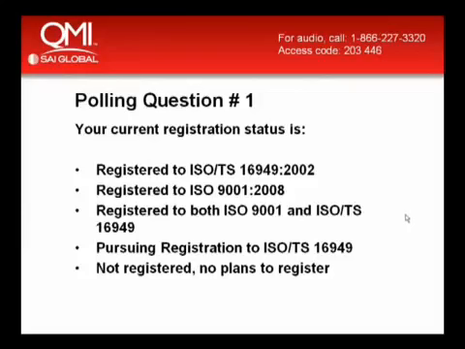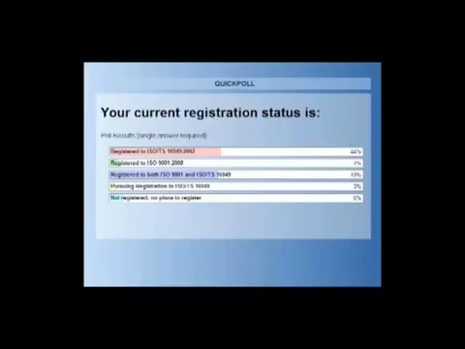And it looks like, as for results, we have a split. 44% have registered to TS 16949, and 43% of you have registered to both ISO 9001 and TS 16949. Then we have a small percentage, 6% not registered with no plans to register, 4% at registered